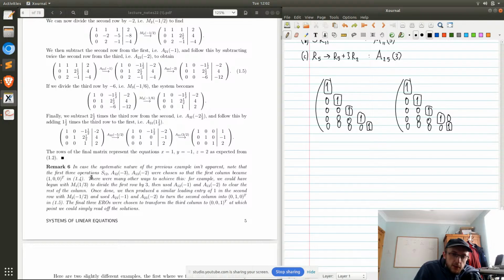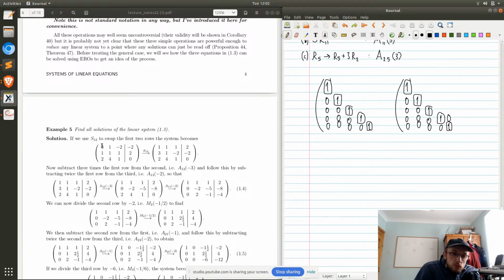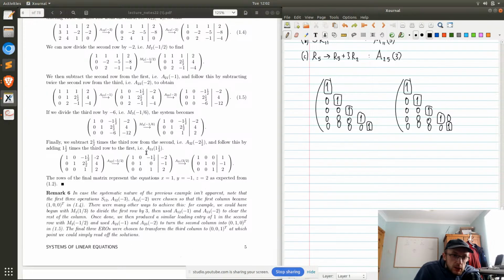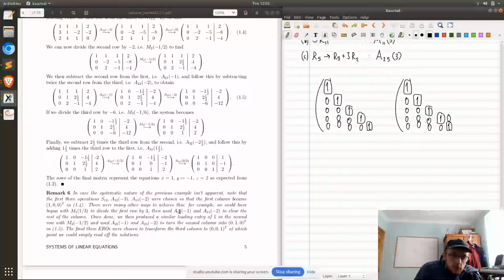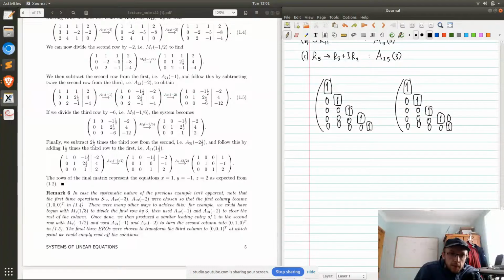There were many other ways to achieve this. For example, we could have begun with multiplying row 1 by a third. Okay. To divide the first row by 3 and then add on -1 of row 2. In other words, subtract row 1 from row 2. And then subtract twice row 1 from row 3 to clear the rest of the column. Once done, we then provided a similar leading entry of 1 in the second row with